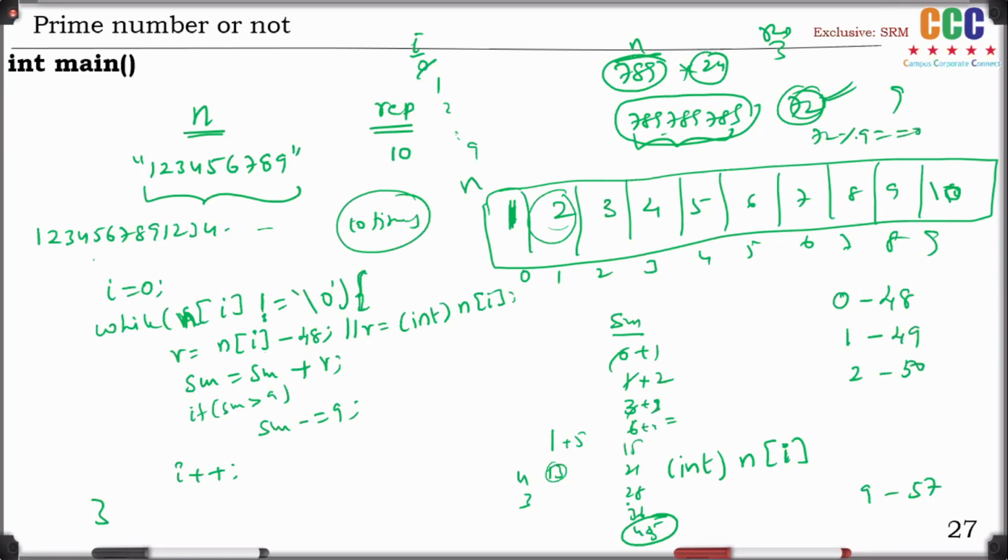Like that, you can reduce the summation. You can reduce the summation using this condition, and you will get something like 4 plus 5 is 9 only. So repetition is 10. Therefore, sum is equal to sum into repetition. Then I'll get my sum value as 10 into 9, 90. If your sum mod 9 equal to 0, then give 9. Finally, 9 is the output. Otherwise, print sum mod 9. That's the case.